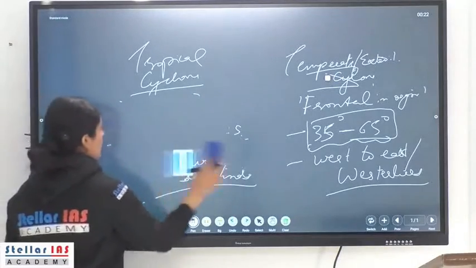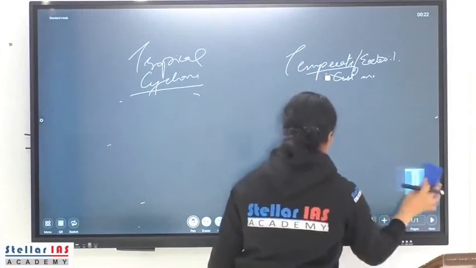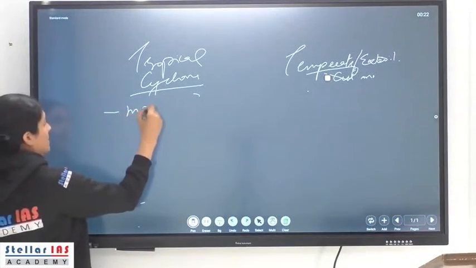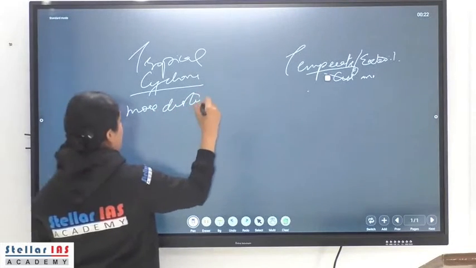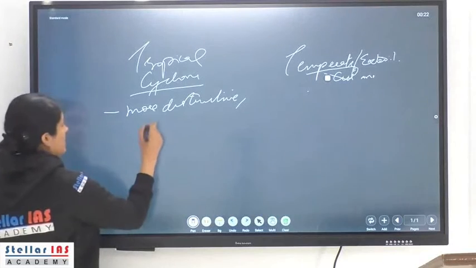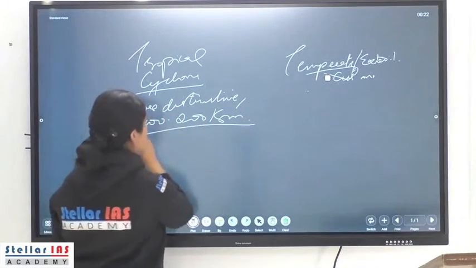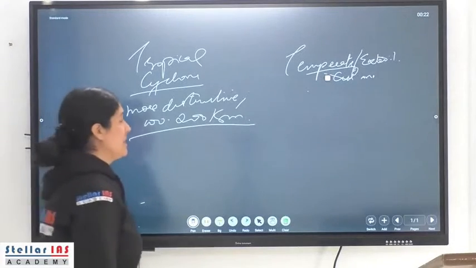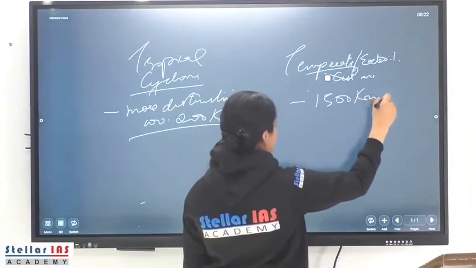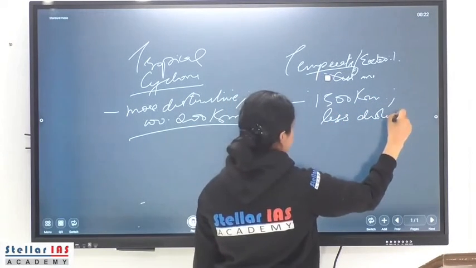Next is the tropical cyclones, they are more destructive but they cover a comparatively lesser area, that is 100 to 200 kilometers, right? Whereas temperate cyclones, they are very extensive systems, 1500 kilometers in diameter, and they are comparatively less destructive,